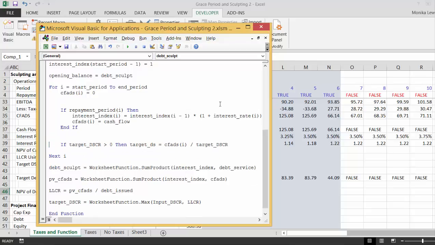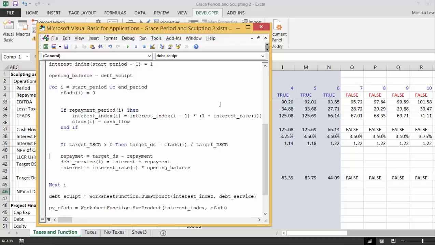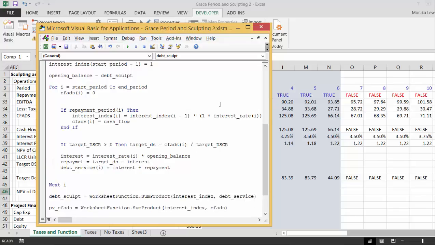I think we can do it like this: repayment equal target DS minus repayment. Okay, and once we have the minus interest, okay, now interest is this times, and I have to spell repayment right. Okay, and then debt service, which we're going to use down here to compute the debt service,